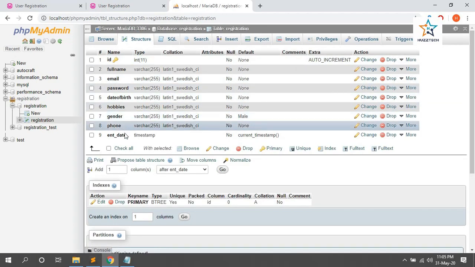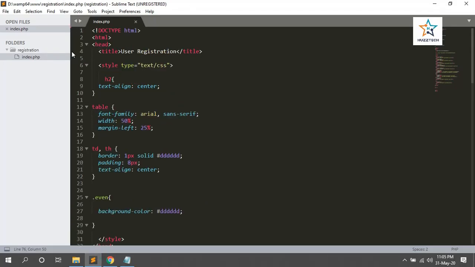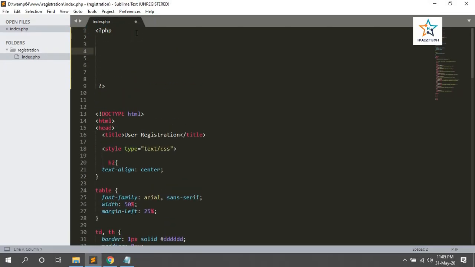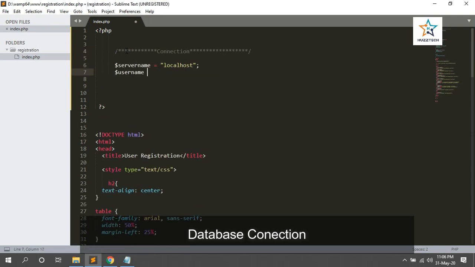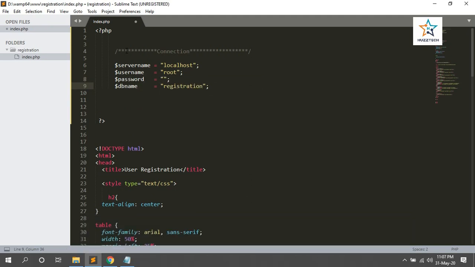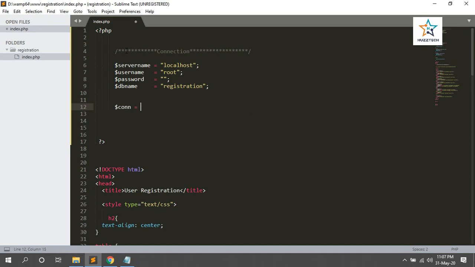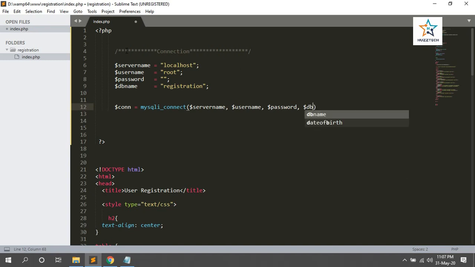Then we will do PHP coding and firstly develop the DB connection. I have assumed that you know the basics of PHP. Let's start and end PHP. We will write the server name, username, password and DB for connection. If you are working online, you can give all the above specifically. After it, we will use the function mysqli_connect, pass all these variables in it and save it in $request connection. In this way, the database connection has been created.